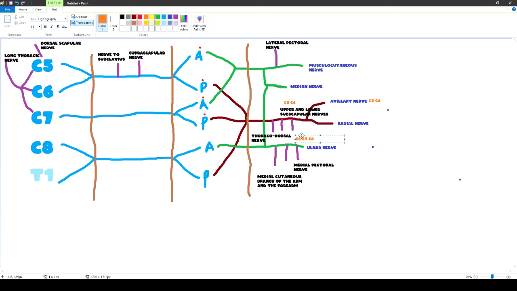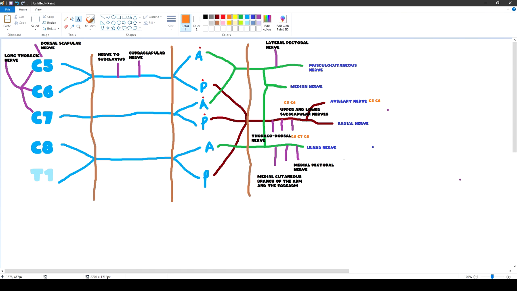Now, again, this does make sense, because it could contain nerves from all the roots, but it is observed that it only contains nerves from these specific roots. The rest of the nerves of the plexus, however, are as you would expect them, except another exception,